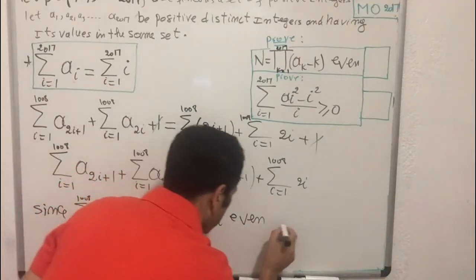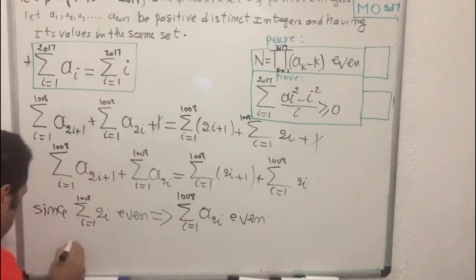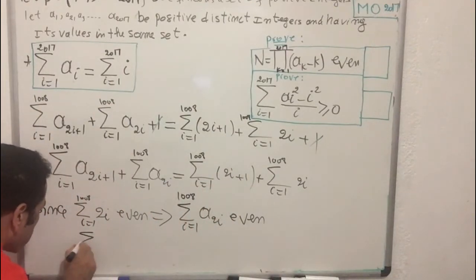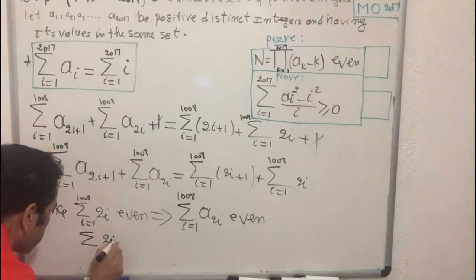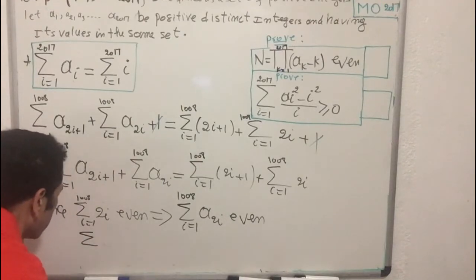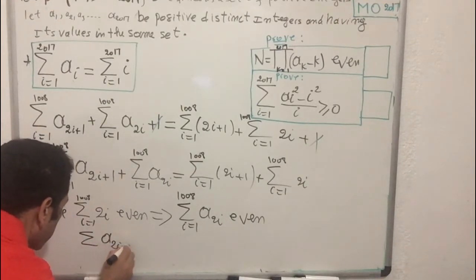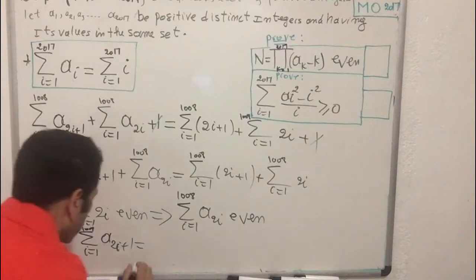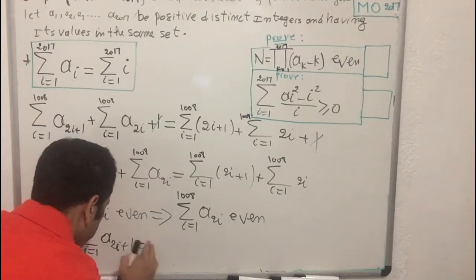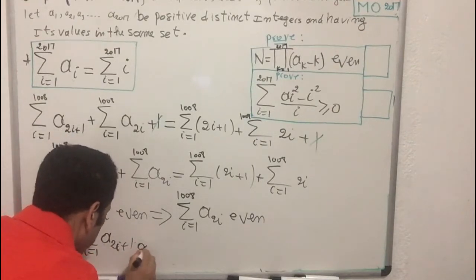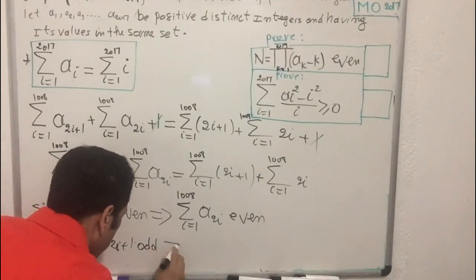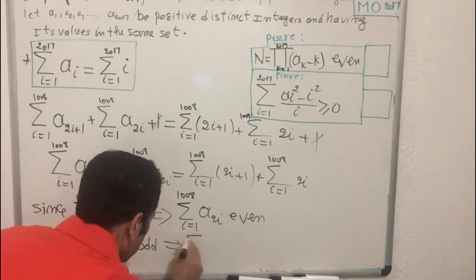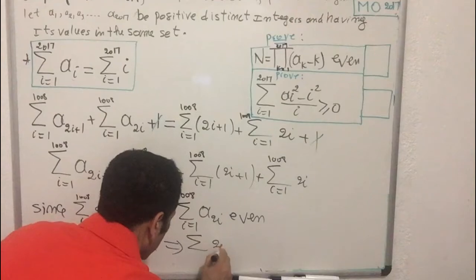Okay, is an even number. Same thing with the odd numbers. Sum of a sub 2i plus 1, i goes from 1 to 1008, is an odd number, implies sum of 2i plus 1,